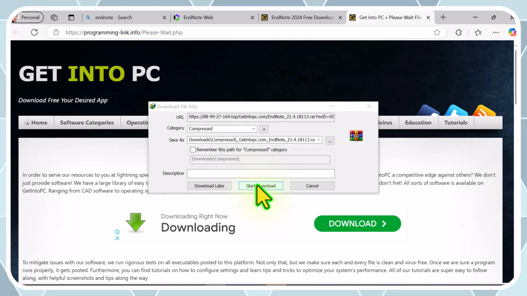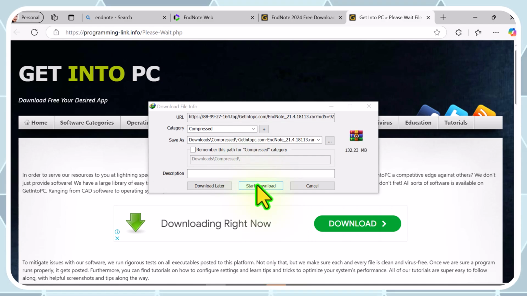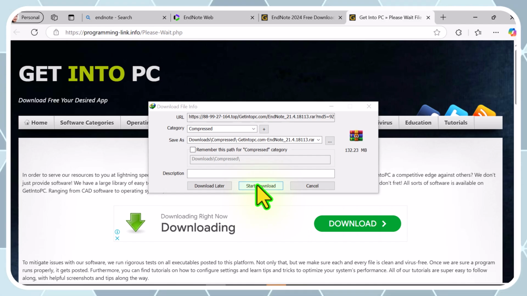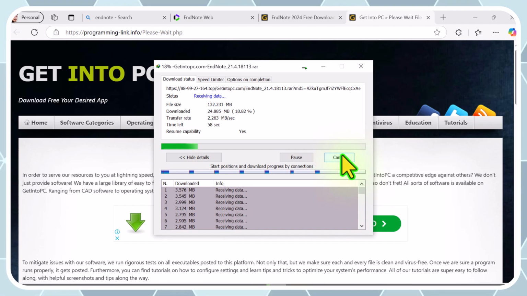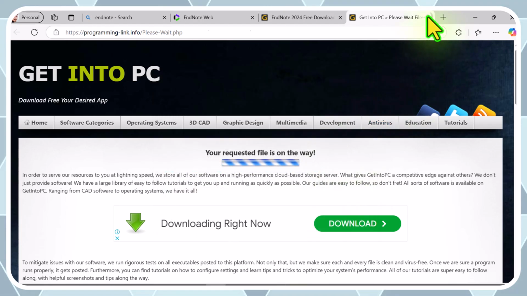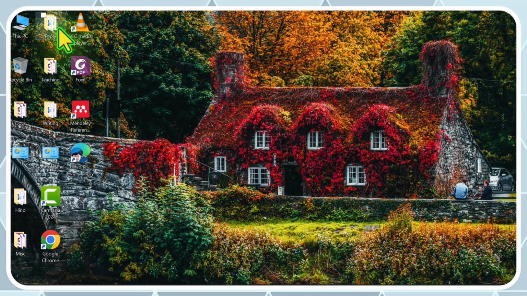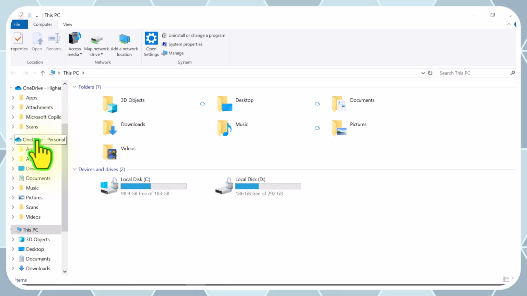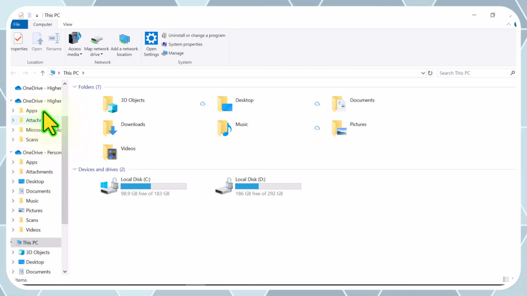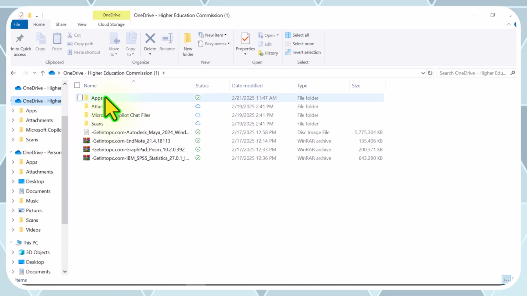So I already have it in my personal computer, in my desktop. But of course you will be downloading it for the first time, so once you click on the start download button, it will start downloading by itself. So I'm canceling the download as I have it already installed on my personal computer. So from here go to the download directory where you have it in your computer, and then